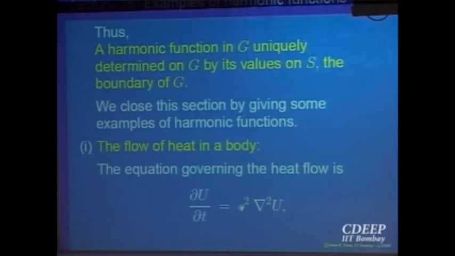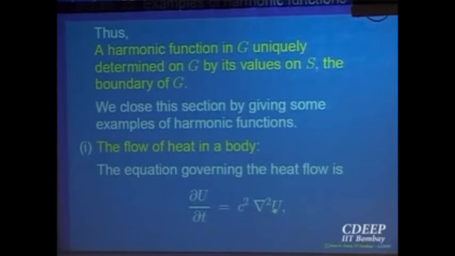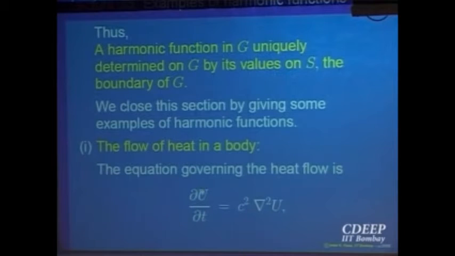So that is how the Laplacian enters the picture. That is why it is an important function. It gives you the continuity of the heat, right? Heat flowing in a body, temperature at a point. So if the partial derivative of u with respect to t is 0, what does it mean? That means the temperature does not depend on time. It depends only on the position. If I note down the temperature now, and after 1 hour I come back and note down the temperature, it is the same. It has not changed. It is a function of the position only, not of time. Right? Then this will be equal to 0.